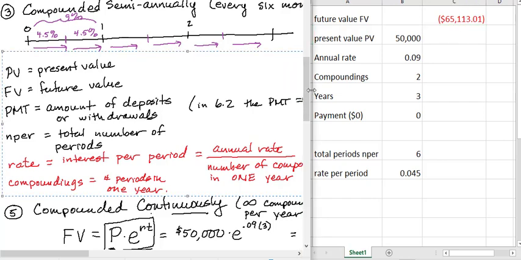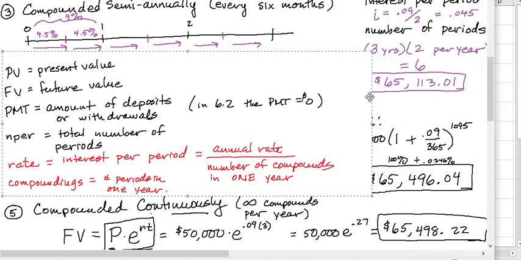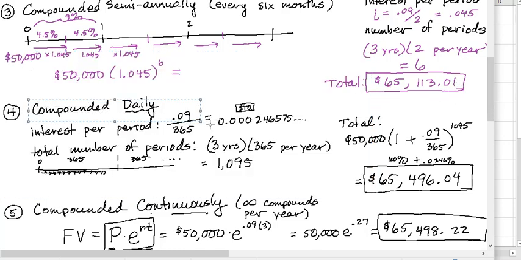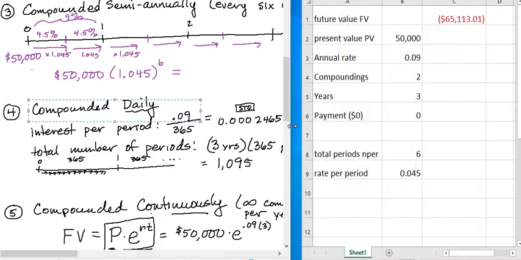65,113 and 1 penny. There it is, 65,113 and a penny, for compounding daily. Now that I have everything set up, if I just change the compoundings to 365